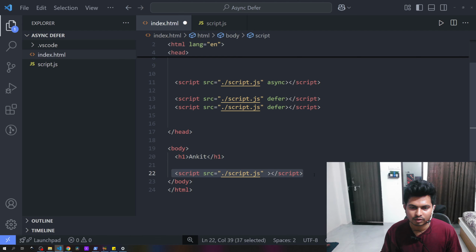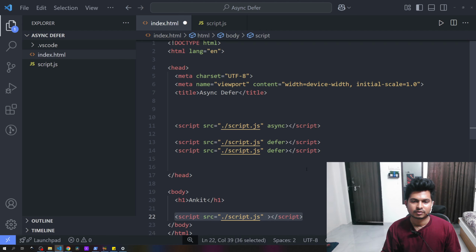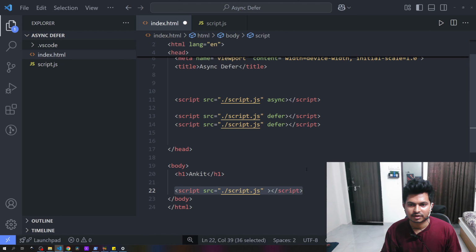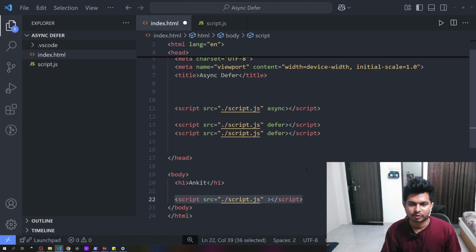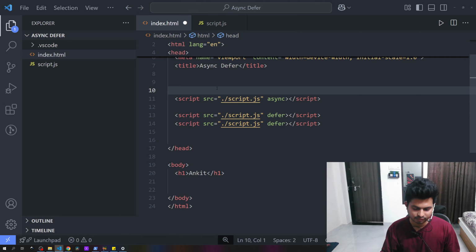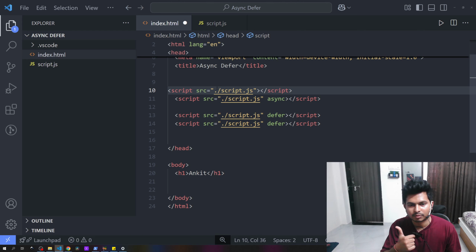It will pause, but there will be no elements left behind this script tag. So this is how the async and defer attributes work, and we can also use a script without them. But if we use it above, it will create many problems.